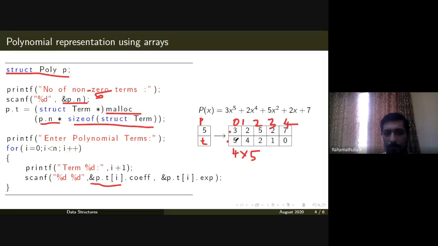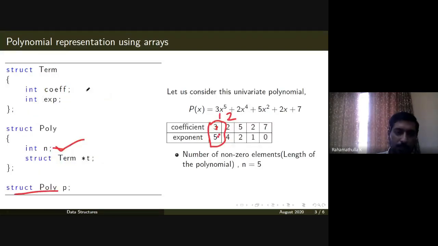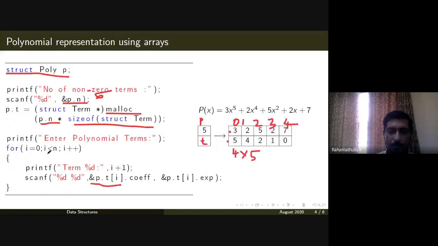So this is how you create a polynomial in a computer. As I've told, we are going to use two structures, one for representing a term, the other for representing the polynomial itself. The term is for storing each term, so our polynomial is a collection of terms. So we create a collection of terms and the total number of non-zero entries, or the number of terms in your polynomial.